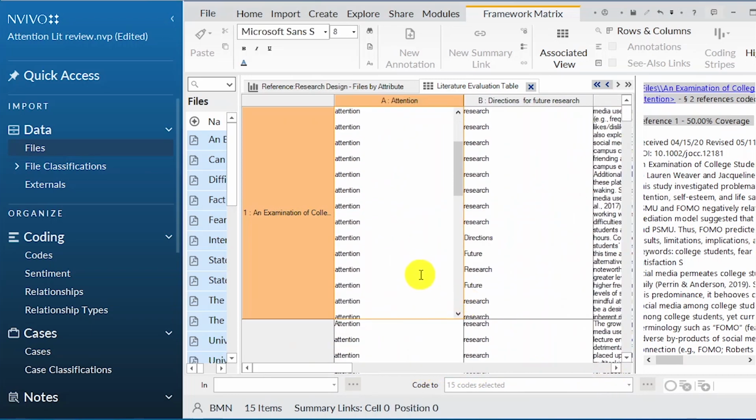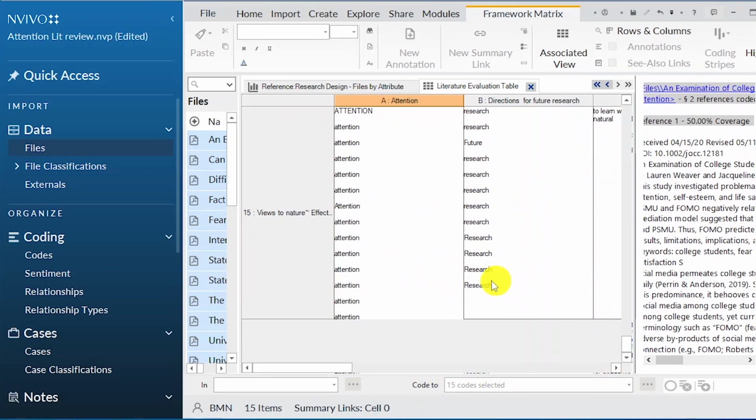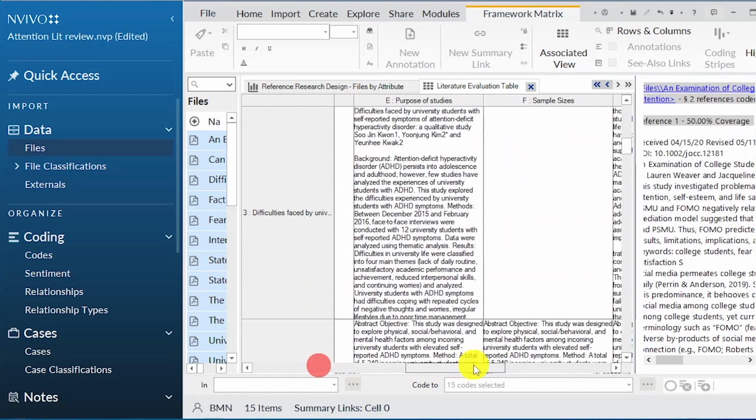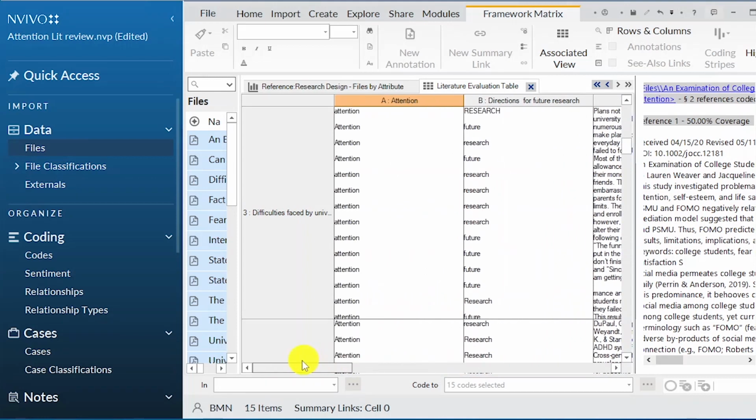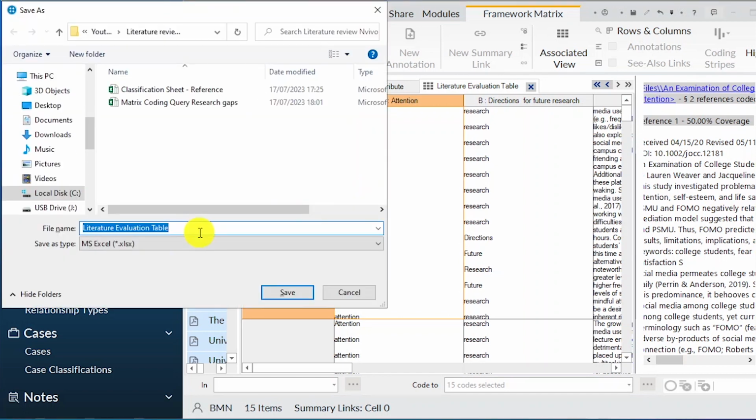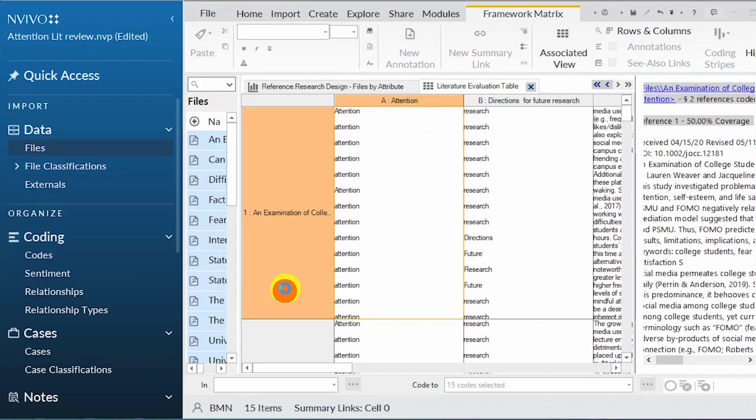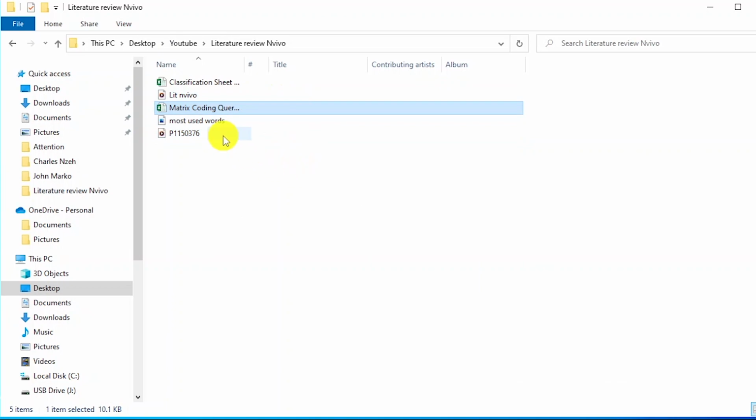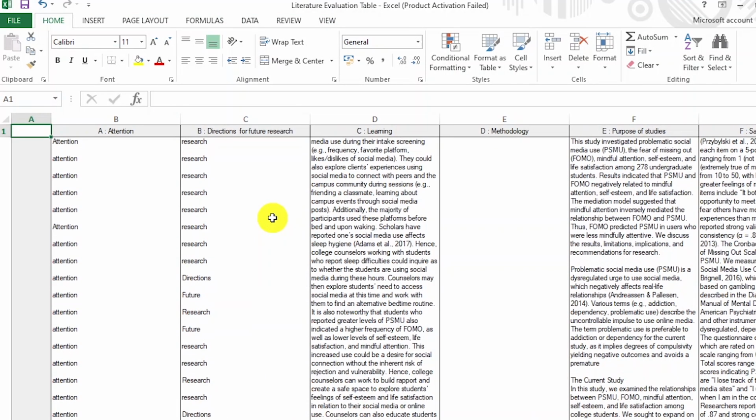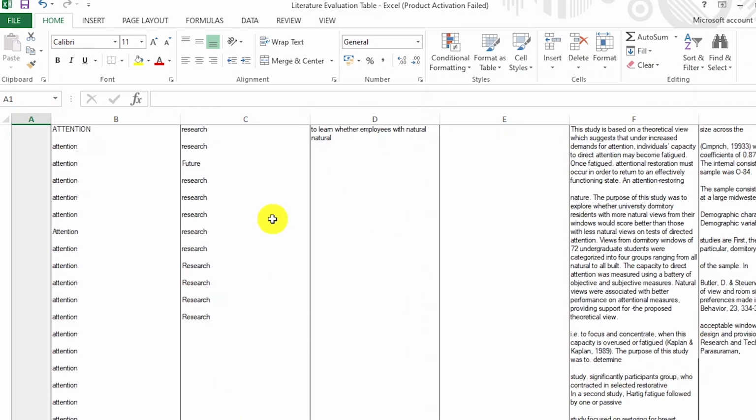There are those that NVivo was not able to insert, and it did something we call truncation, just filled it with some information because they were very long. So NVivo was not able to summarize. Now we can press Ctrl Shift and E and export these as a literature evaluation table that we can go and edit, and we export, and let's open, and this is the literature evaluation table we've been able to generate